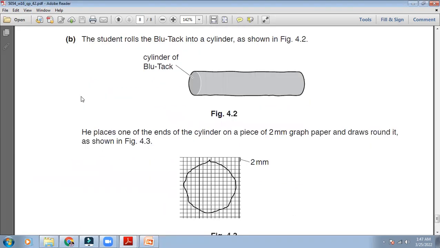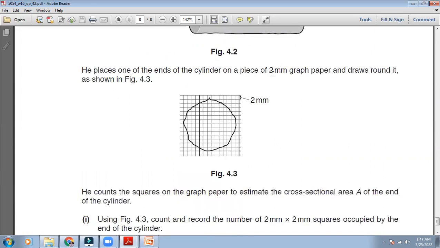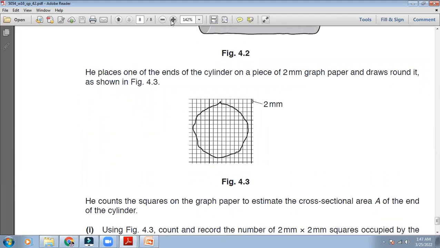Then he says the student rolls the blue tack into a cylinder as shown in figure 4.2. He places one of the ends of the cylinder on a piece of 2 millimeter graph paper and draws around it as shown. So what we will do basically,